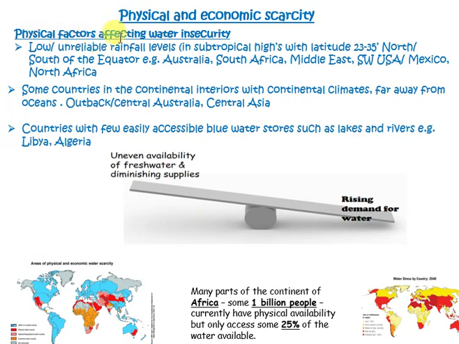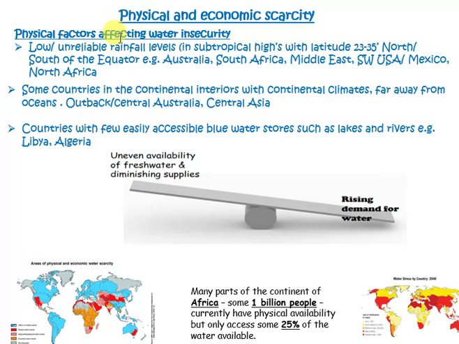Subheading: physical factors affecting water insecurity or water availability. Well, again, this links back to your theory. Rainfall levels, your inputs. I mean, think of how latitude can affect that. So we're going to have a look at a map in a minute, but